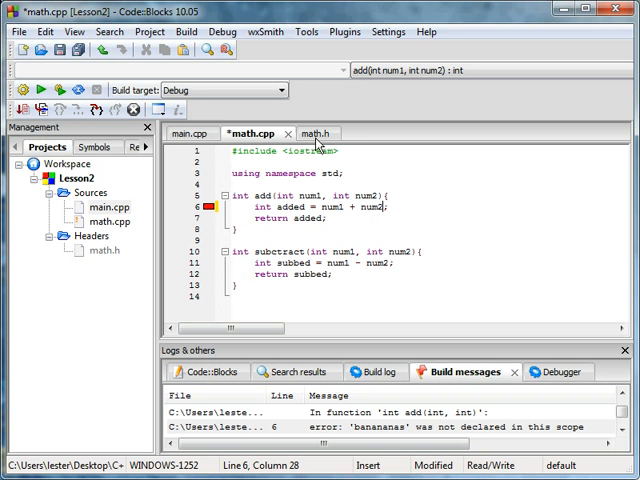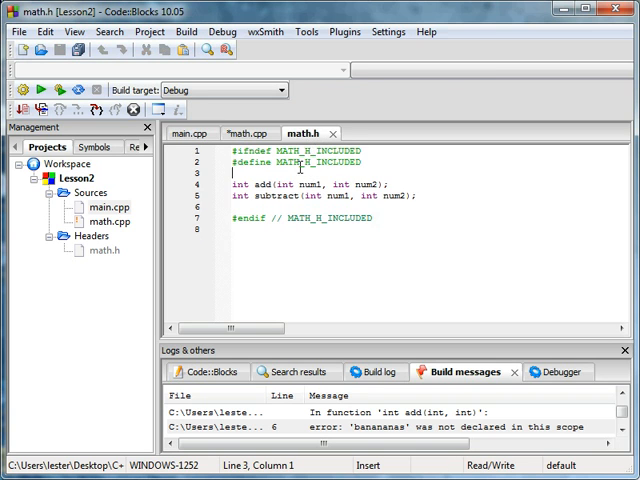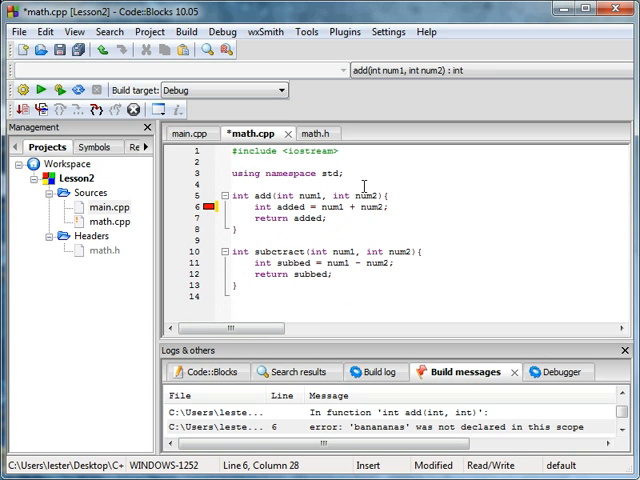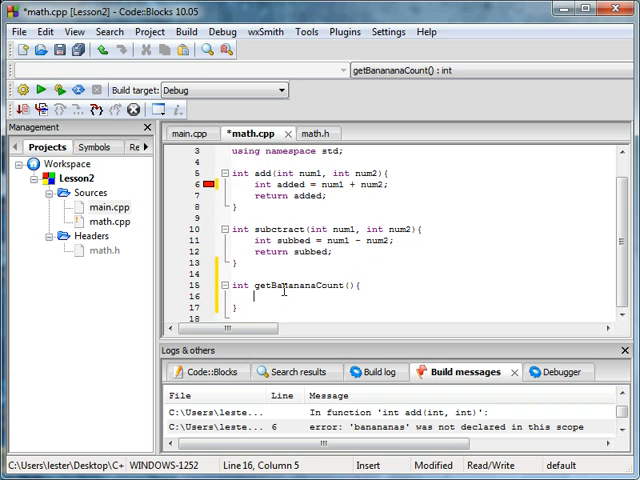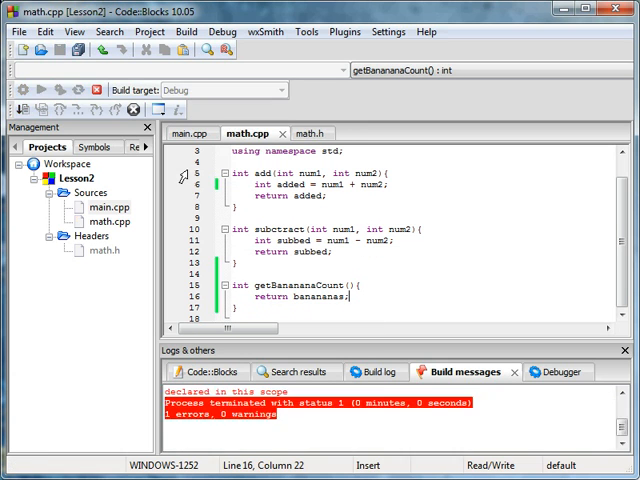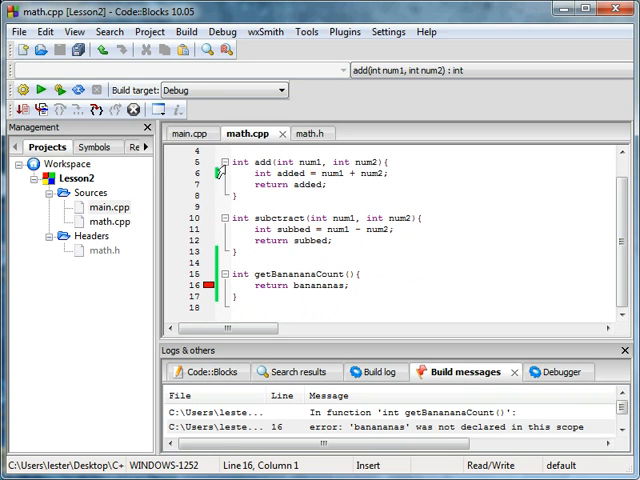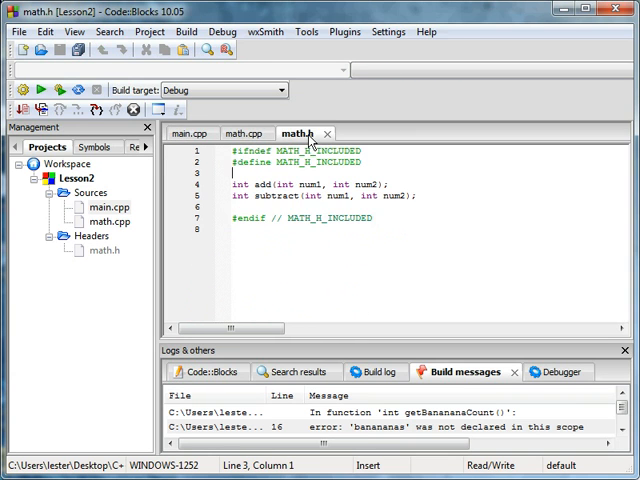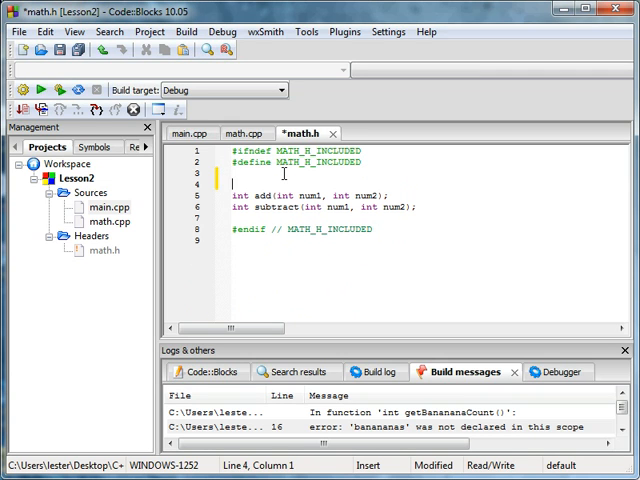All you have to do is in math. So if you wanted to add, let's say, int getBananaCount, I keep screwing that up. If you were to return bananas, well, you'd think, but it's in here, so how do you do it in here? Really simple. In math.h, all you have to do is follow my steps. Type in extern int bananas,